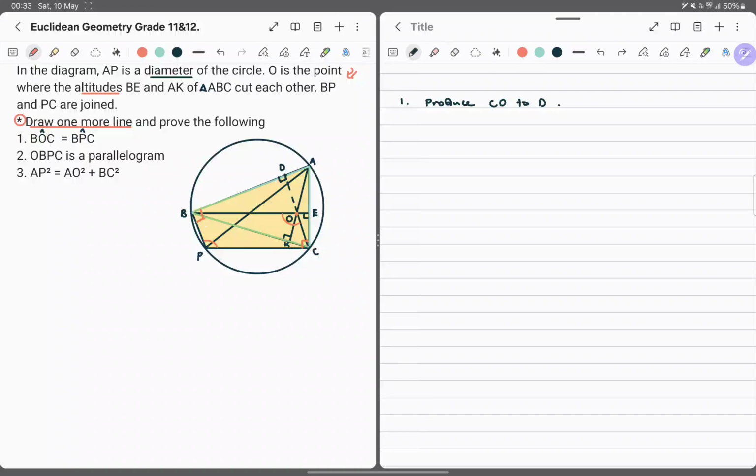Great. We know that. But now we found ourselves with a cyclic quad. Of course, we'll still have to justify why this is a cyclic quad. With our construction,